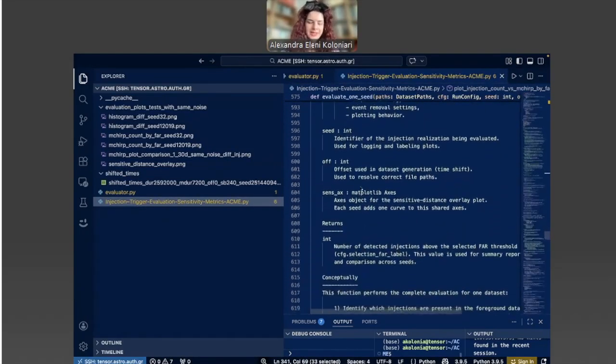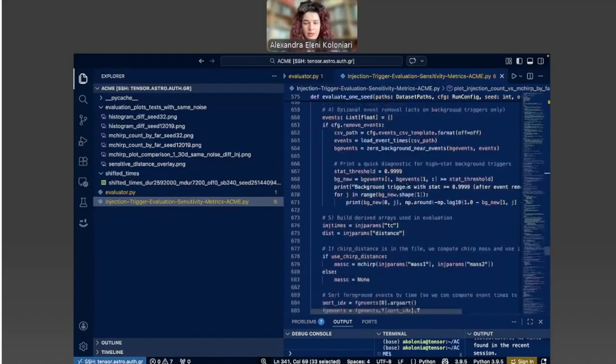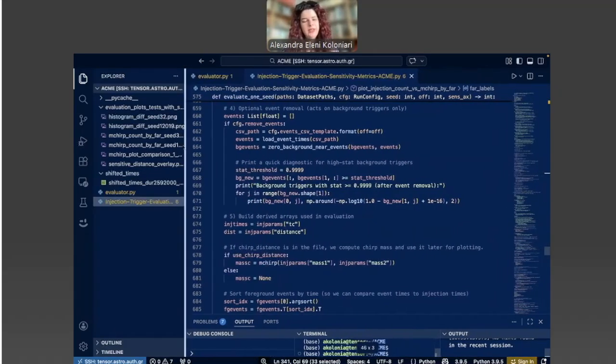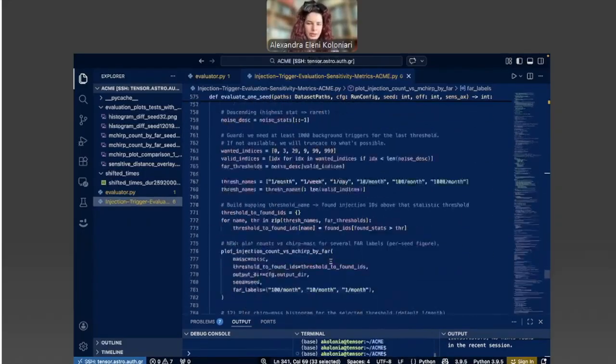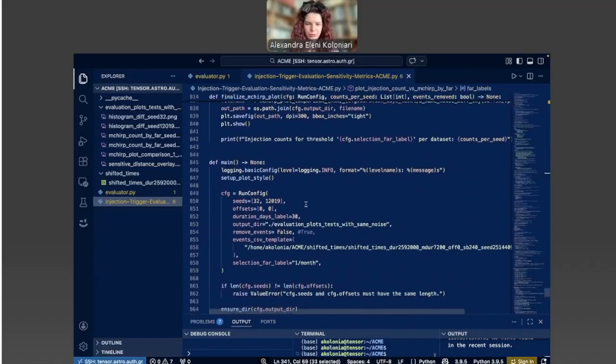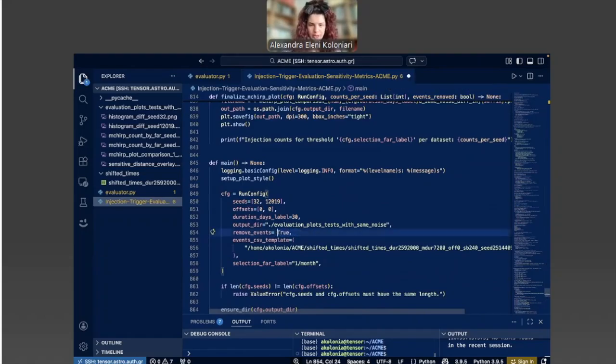Basically, that's it for here. But the plot that I just showed you refers to when we still leave the events inside. I hadn't removed those events. If I want to remove them, I can go to main here and set the remove events option from false to true. And if I do that and run again,